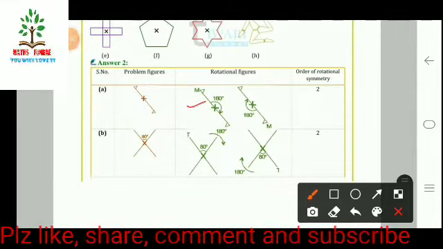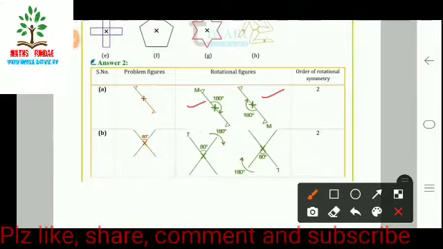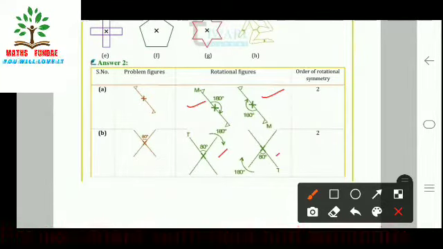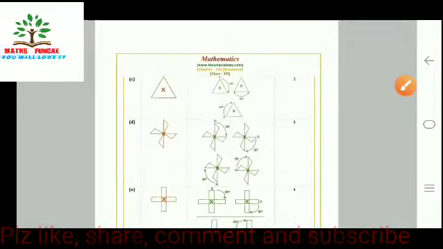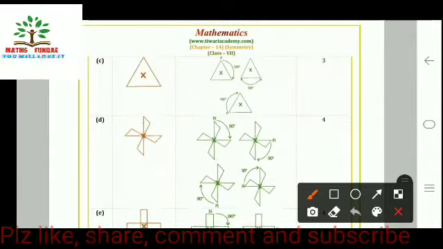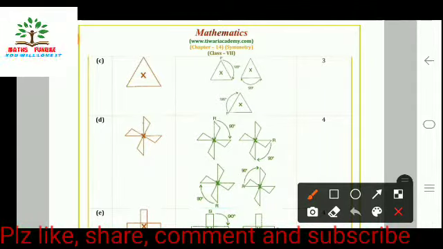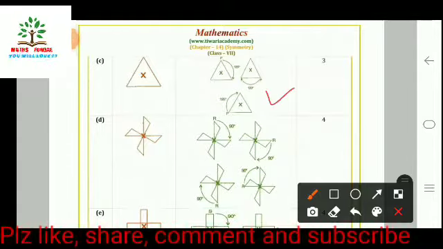If we rotate it by 180 then again by 180, in two positions we have this figure exactly the same. Here we can see the same way. If we rotate this by 180 first and then 180 a second time, it means the order of symmetry is 2, because we get the same thing. Okay, now moving towards the next. In this we have 120, 120, 120, meaning three times. If we rotate by 120 degrees each time, we'll get the same figure, so the order is 3 because we are doing this three times.